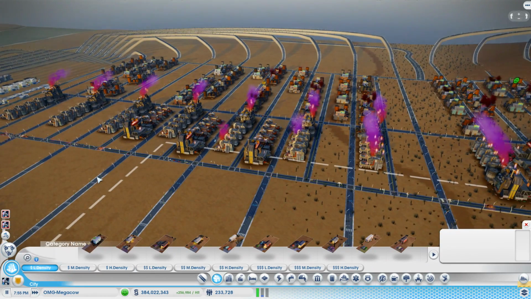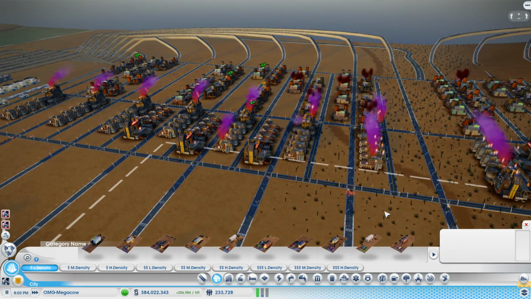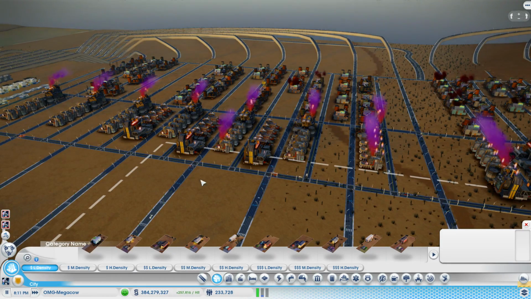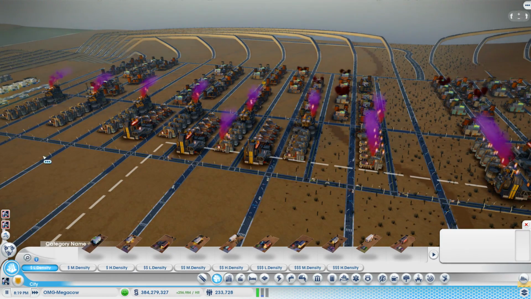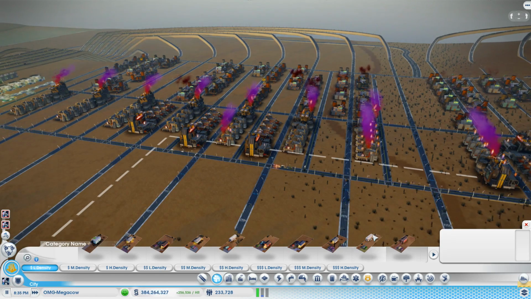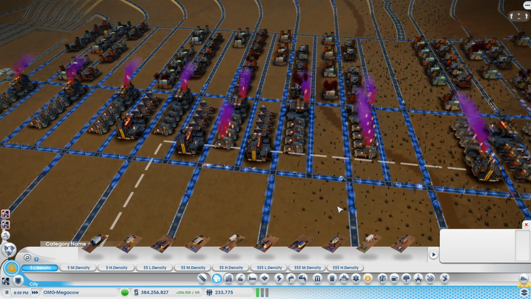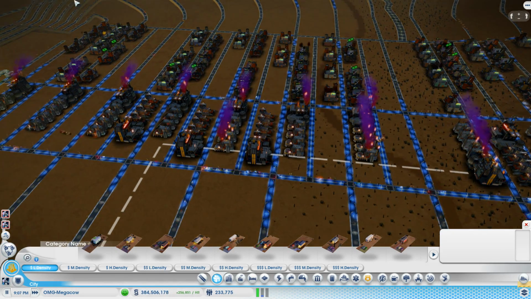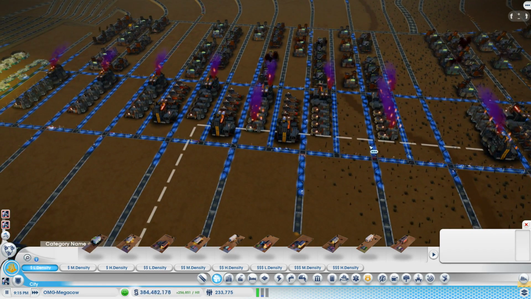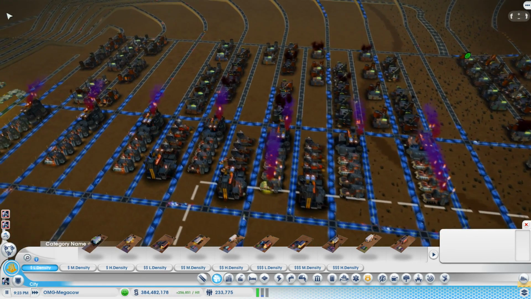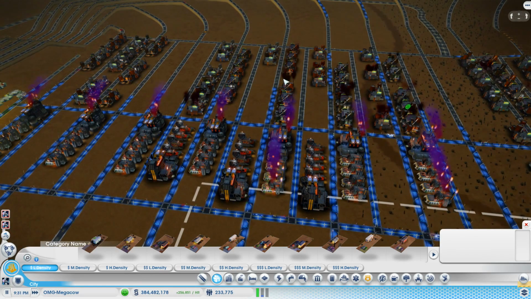Right now, I've been repopulating, and I'll show you the technique that I've been using, which I think is actually better than using the mega towers. The mega towers is really good if you're kind of short of space, because you can just have one little area for a mega tower and just keep demolishing the levels. That works, but I've got a bit more space, so I've been using another technique, and I'll show you.